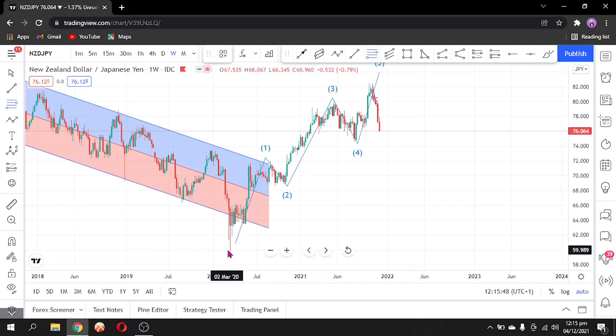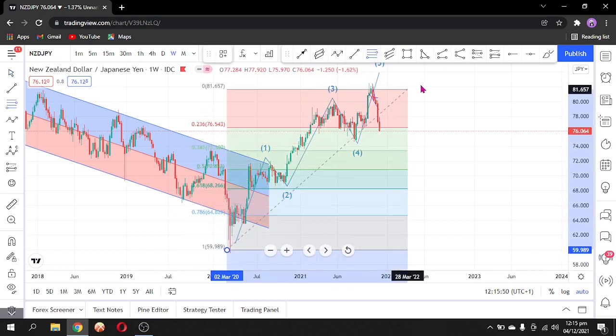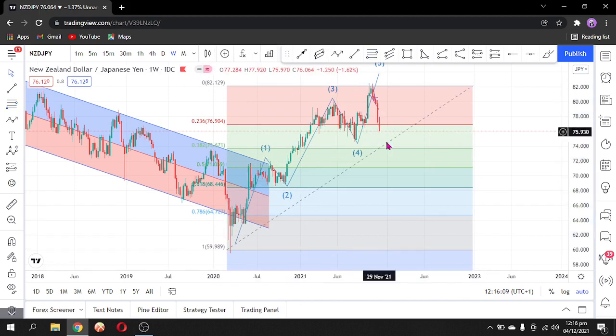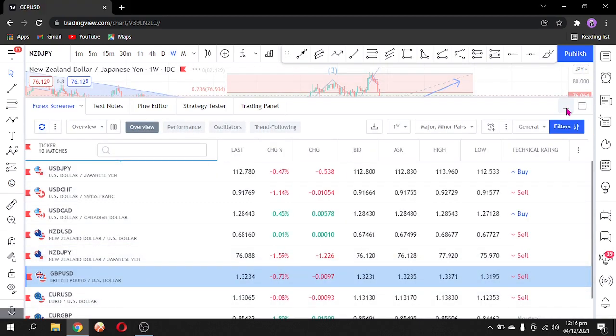If we use our Fibonacci tool here, we will determine how far price will pull back. So we expect price to reach this level, but before it reaches this place, we will have a minor pullback. The next currency pair we will be looking at is GBPUSD,